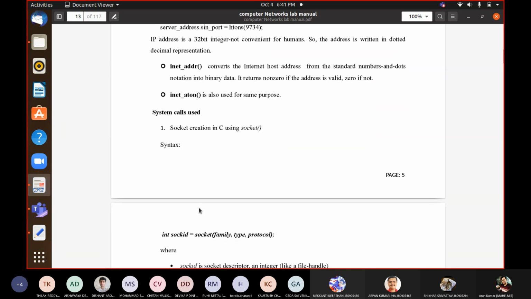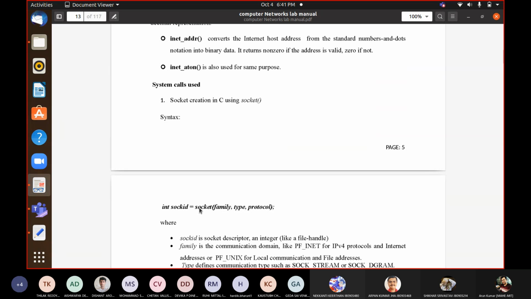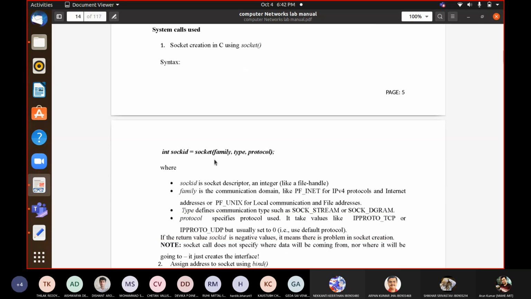Now we will move on to our program, the system calls. One by one, I will mention the system calls and the arguments they take. First is the creation of the socket. While creating the socket, you will mention the family. Family is what type of communication addresses you are going to use, either local communication, IP version 4, or IP version 6. Here we will always write AF_INET because we are interested only in IP version 4 in our programs. Then what type of socket it is; there are three types I have mentioned.